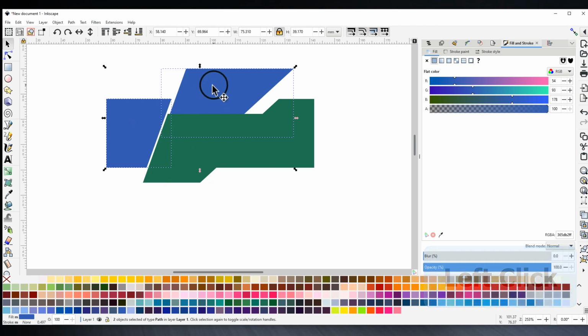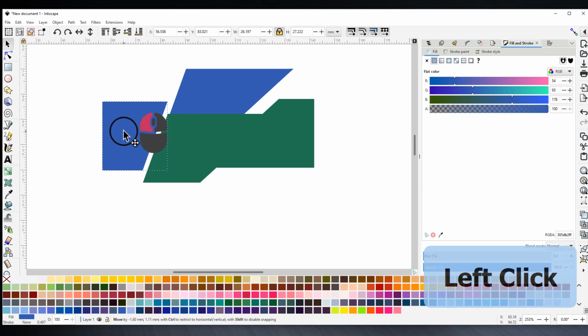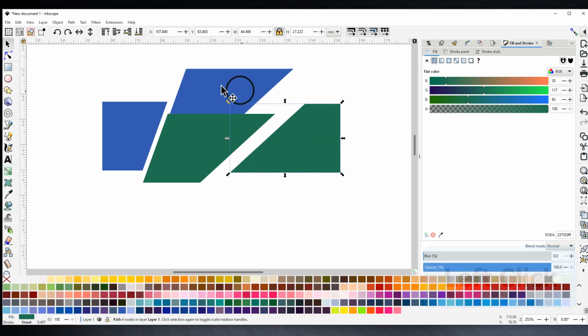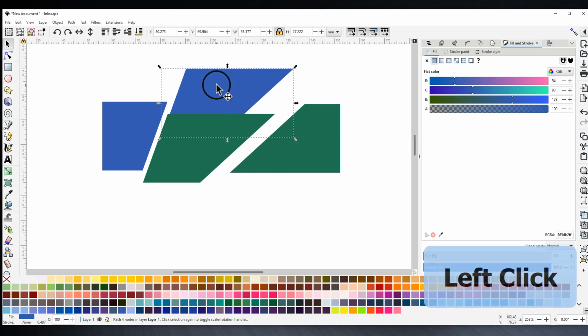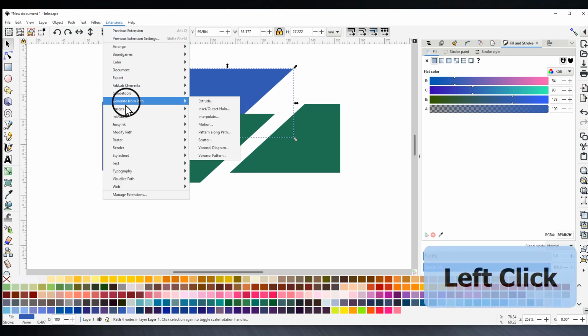Make sure that they are the same color. And what we have now, we're setting a regular fill stitch on this object and a regular fill stitch on that object. But on this object, what we want to do is, well, let's